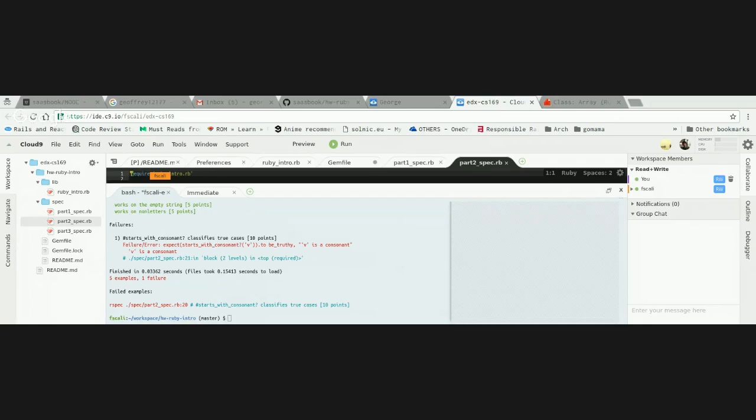So I just have to make it work now. I think I should use the regex operator.